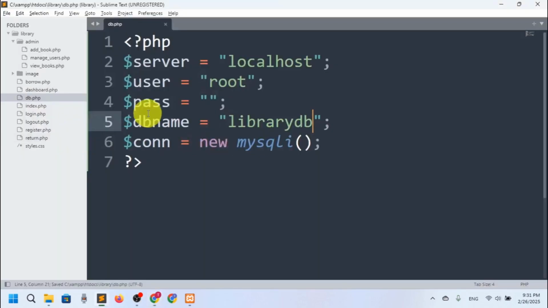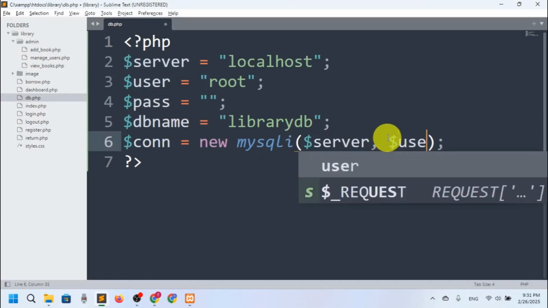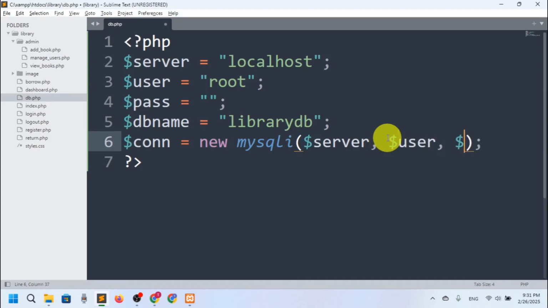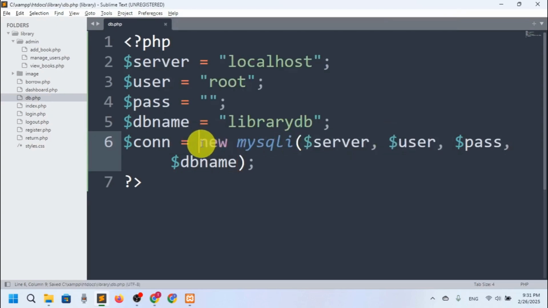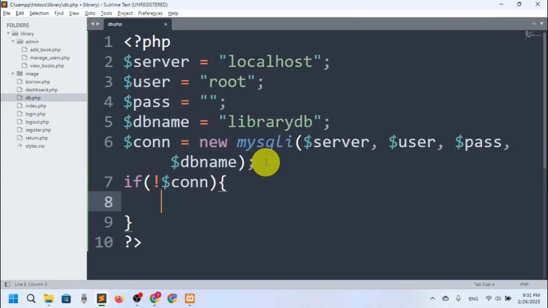So now we want to pass all the variables as parameters. So first of all, server. So I will say here $server, comma $user, comma $pass, comma $dbname. So now our connection will be set, and it will be stored in the variable. So we will check whether the connection is successfully done or not. So I will say if not $con, then I want to show the error. So I will say echo